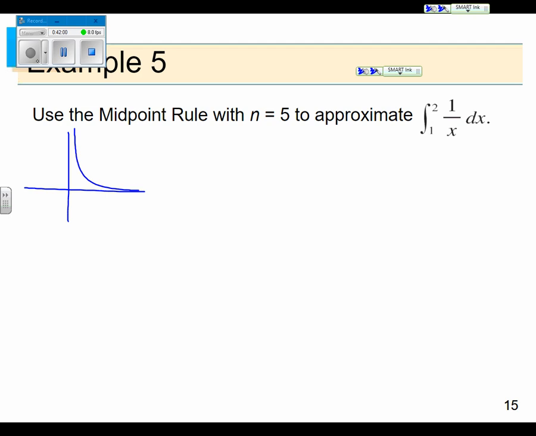1 over x, remember, is this crazy looking reciprocal function that has 2 branches that form a hyperbola. And I'm just wanting to go from 1 to 2. I'm wanting to find the area underneath the curve from here. So it's a little bitty area right here. And what I have to do is take this area and divide it up